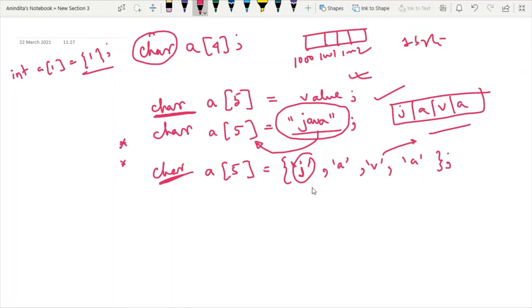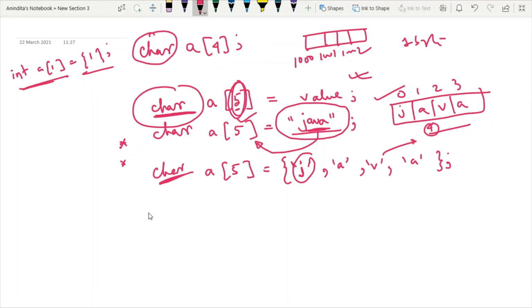But a character array is not the same as an integer array, because see the size. Here the mentioned size is 5. But for allocating the word Java, we need 0, 1, 2, 3. So here the size is 4. Why have I used one extra space?